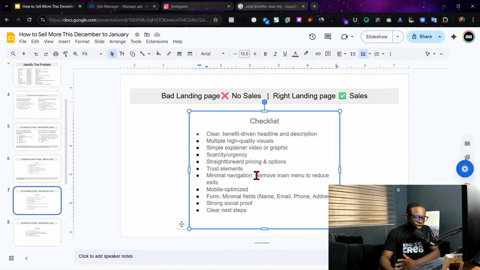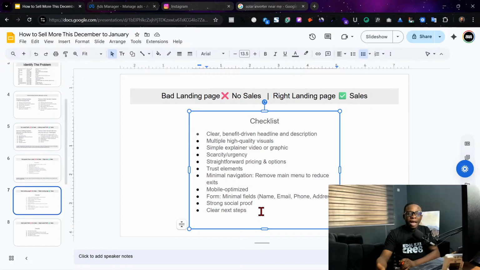So navigation, this is website stuff. Mobile optimized: most people are buying on mobile, so as much as you can, make sure your website is mobile optimized. Then social proof is almost the same thing as trust. If you are collecting leads from your form, always make sure you collect information. Information is power. Data is power. Facebook and all these platforms are using it, they have data points on you. So you too, as a business owner, information is power. I can't say much more than that.